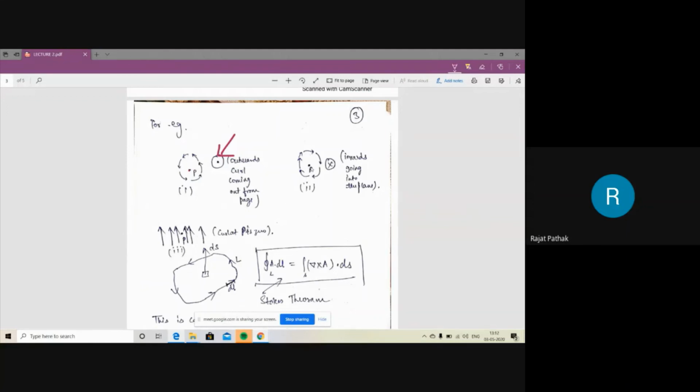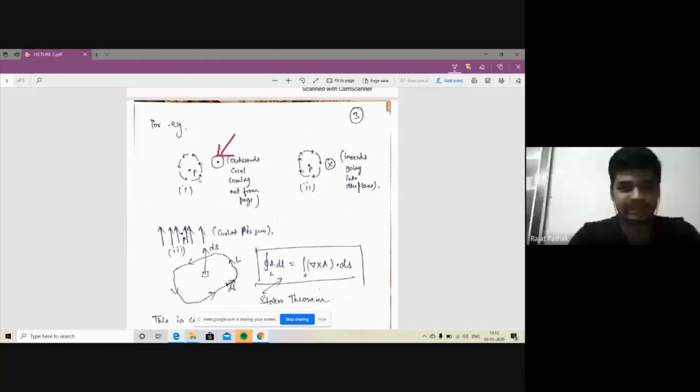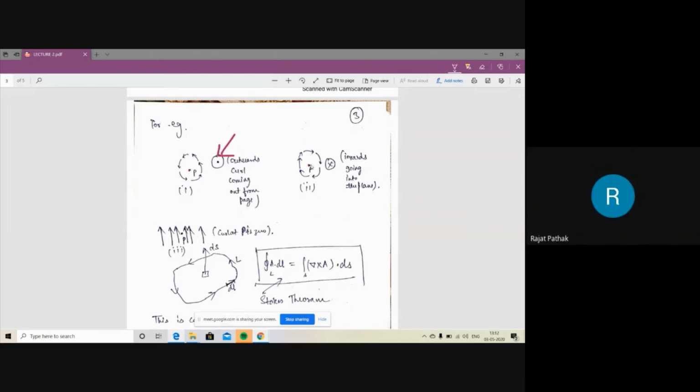After that, the second point is, in this vector the lines of force are in the anti-clockwise direction, right? And in this, the vector's lines of force are in the clockwise direction. So if you want to know the curl of vector A at point P, here the direction of the lines of force gets changed. So to get the maximum circulation of vector A at point P, means the curl of A at point P, the direction of curl is inwards, and it is shown like this. Inwards means going into the page. Here it is shown by the cross, according to the right hand thumb rule, as you already know.